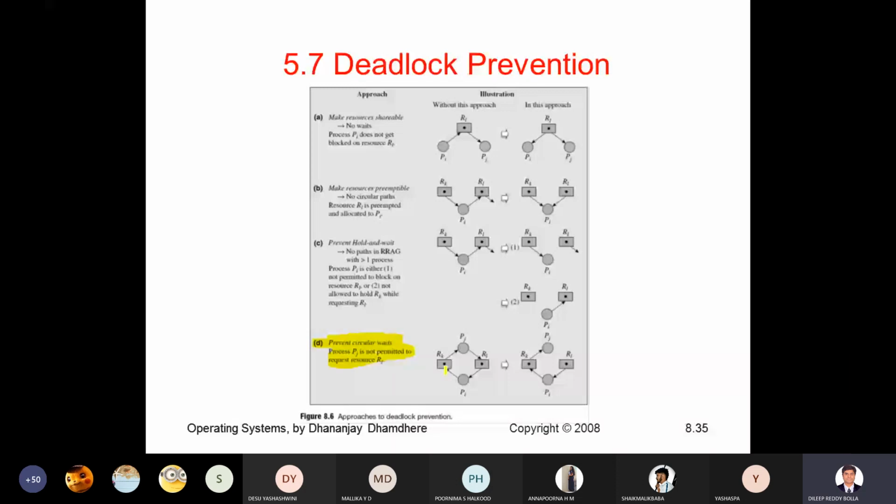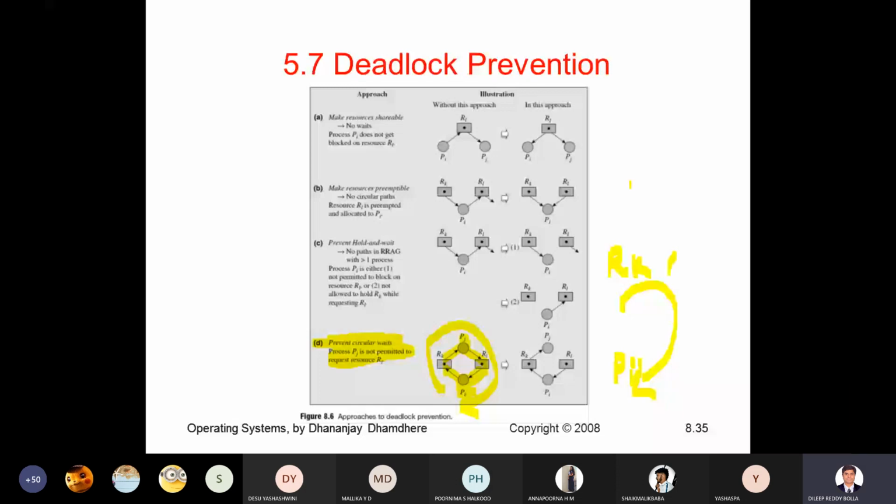Okay, it is given to the resource RK. RK resource is given to PJ. PJ process is requesting RI. RI resource is given to PI. So it is forming like a circular loop. In this manner, a circular loop is formed. Let us say from RK to PI, that is forming like a circular loop. Correct.